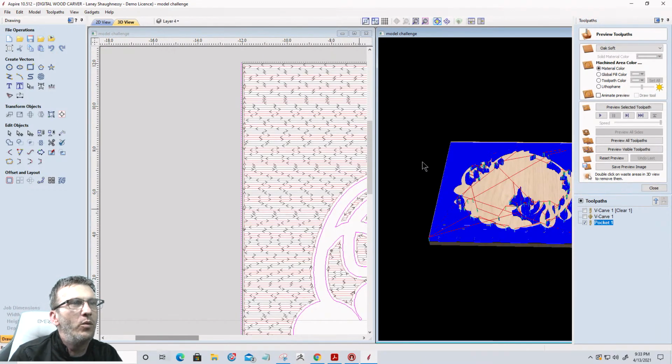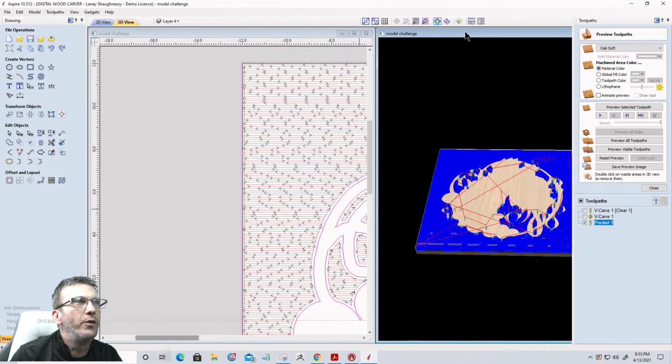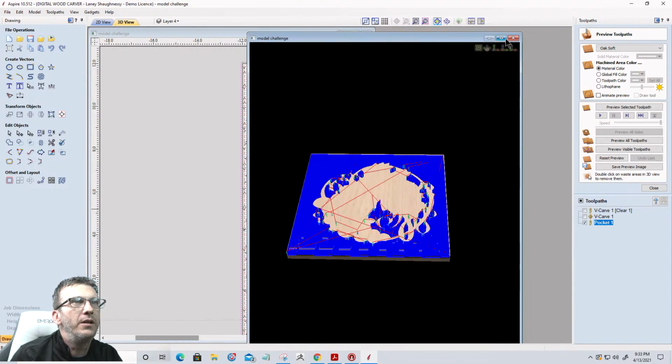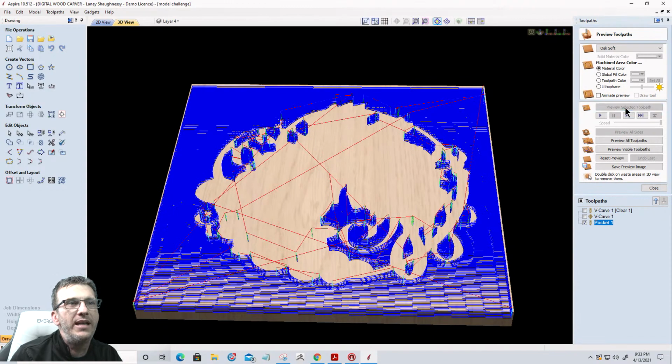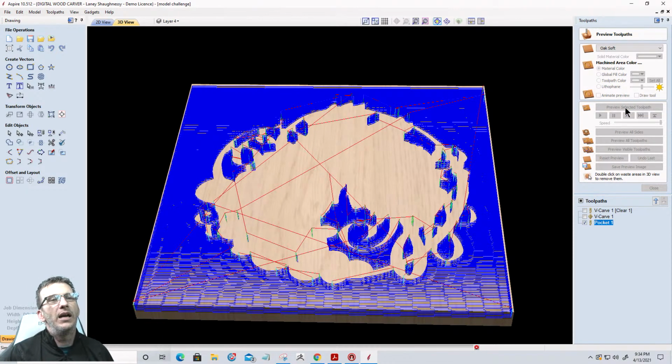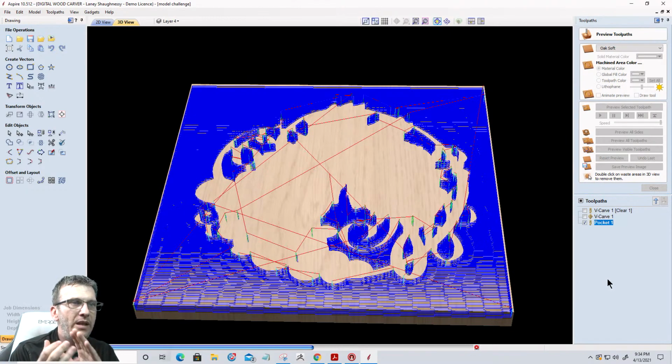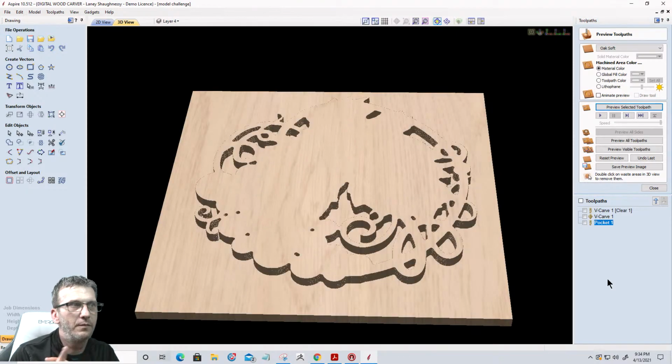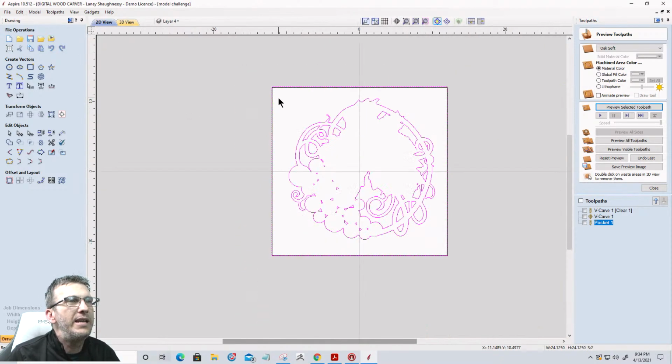Okay. What that will do is, let's go into full 3D view here. What that will do is go ahead and let the end mill mill that pocket down so the 3D bit, my 3D rough cut and 3D finish cut, can just focus on the model. Okay. Now I can